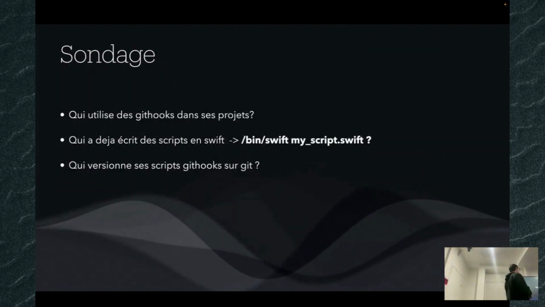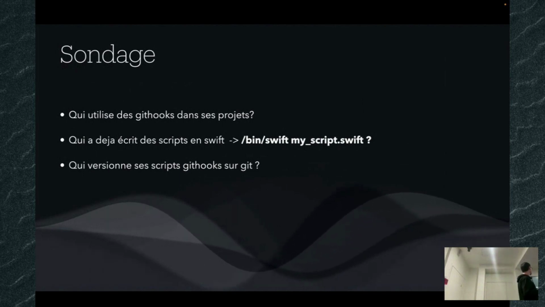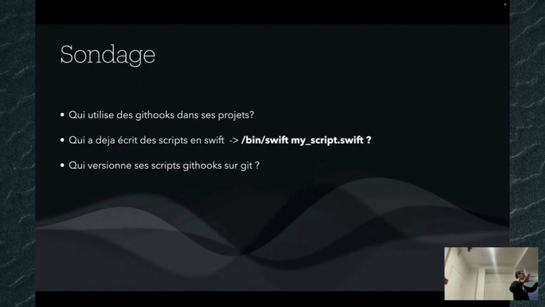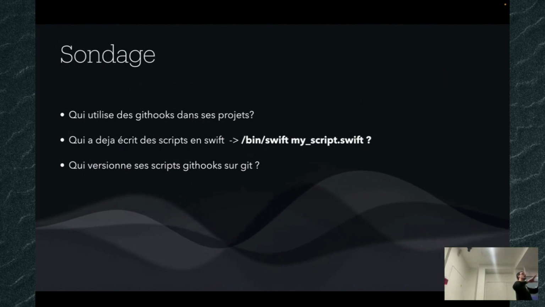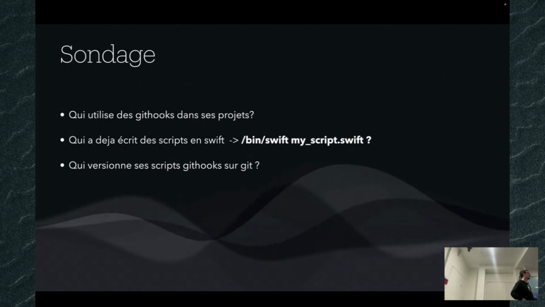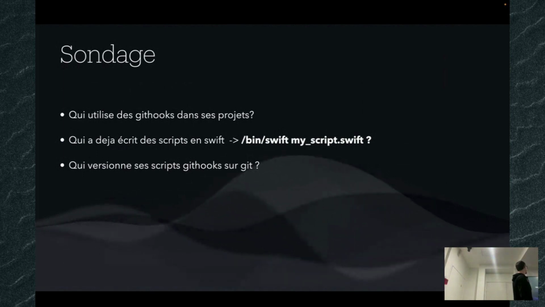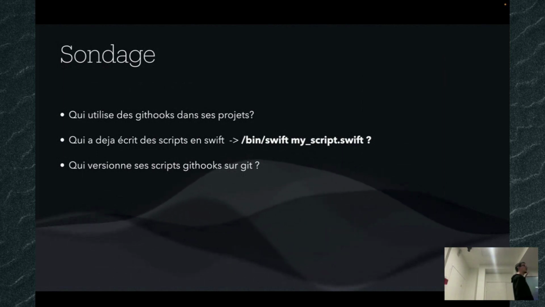So just a quick survey here, three questions, one by one. I would like to know, in your project here, who is using Git hooks? Just by hand. So it's not a lot. Now, who has already written a Swift script?